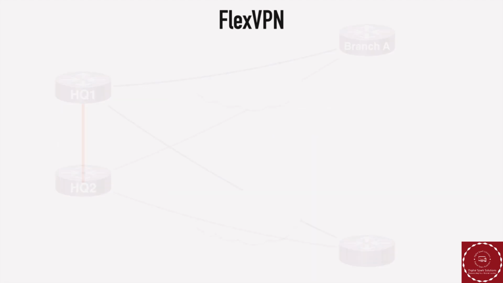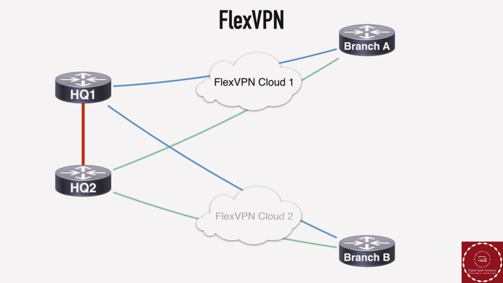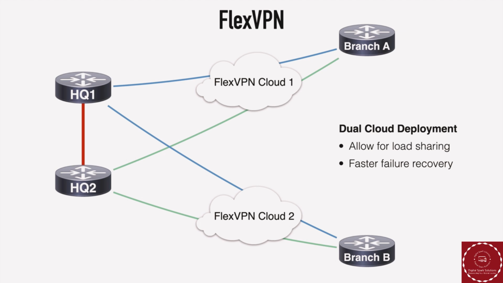A dual cloud deployment means that a spoke will maintain two separate active tunnels to each hub at all times. A few considerations for this include the fact that dual cloud deployments allow for traffic load sharing, and that's based on routing policies that we define on the spokes. Also, dual cloud topologies have a faster recovery failure time as opposed to single cloud deployments, and that's based on